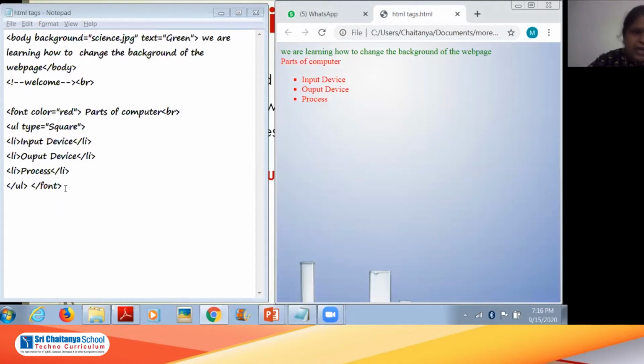Okay, so what will happen when we are using ordered list? Here OL will come instead of UL. I'm changing the same thing, OL. Then type, I will just give the value as 1. So it will start with the number 1, or it will start with 1 2 3 4. If you want to give A B C D, then you should start with A B C D E, like that. Then I will go to the last line, and instead of UL, I will write OL.